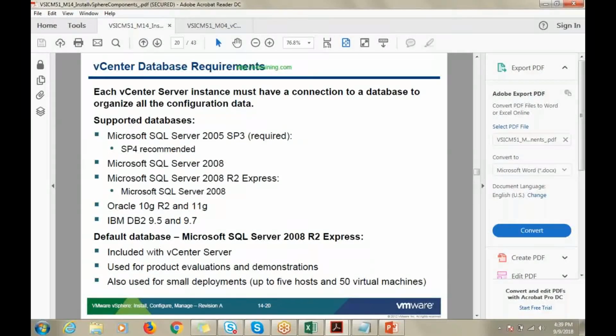So normally we'll be using the default database which was used in 5.5. It's a Microsoft SQL 2008 R2 Express edition. After 6.0, VMware suggests that vPostgres is a new database which was configured. It's a new one. But if you are using the Microsoft SQL Express edition, it needs to be migrated to 6.0